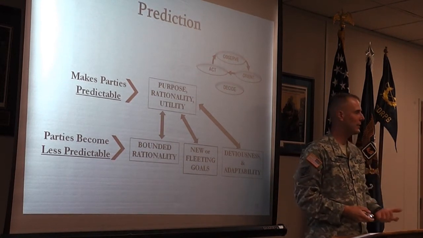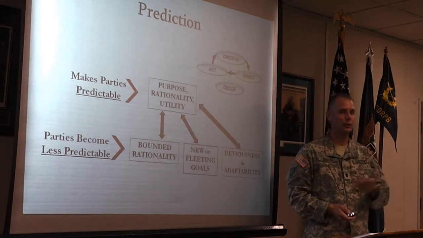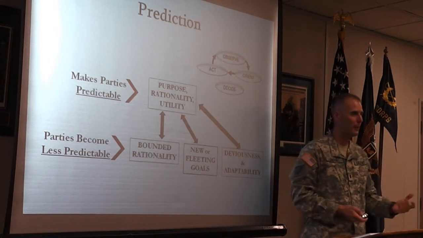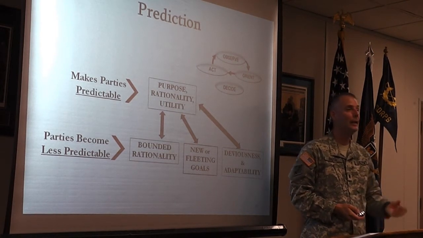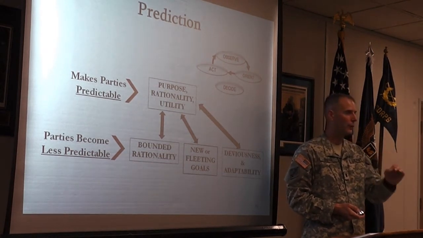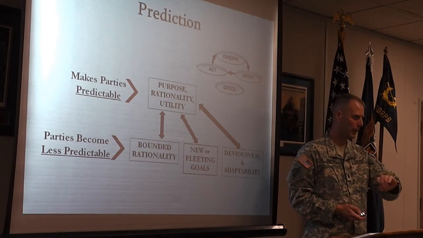And third, deviousness and adaptability. These people, they're not on your side, they're going to try and trick you, so they're going to try and not be predictable. Again, you get around that by having a good effective plan, knowing what's relevant, what's not, and by viewing things through the lens of, all right, here's what they're probably trying to achieve.